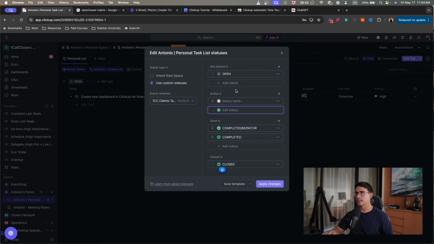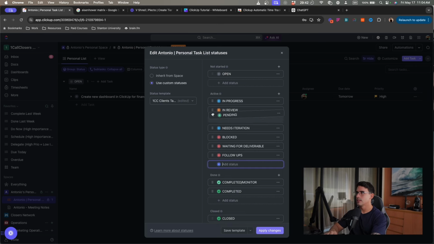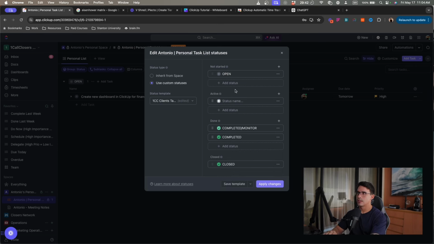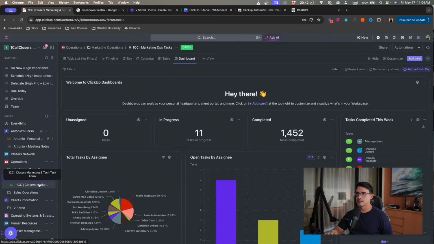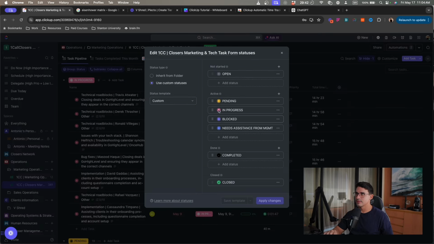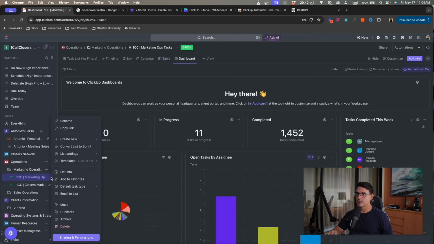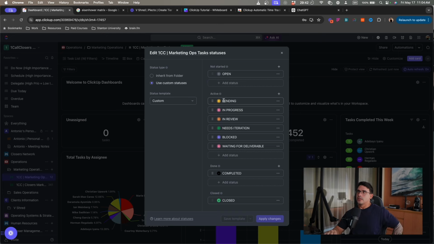So when the start date comes through, whoa, it just glitched. I don't know if you guys saw it, but let's see if it works this time. So let's say if you have a task with a start date, let me just show you from my actual list that it's working. The pending status will start when the start date is due, right? So you can set up this automation, and I'm going to show you how to do it.